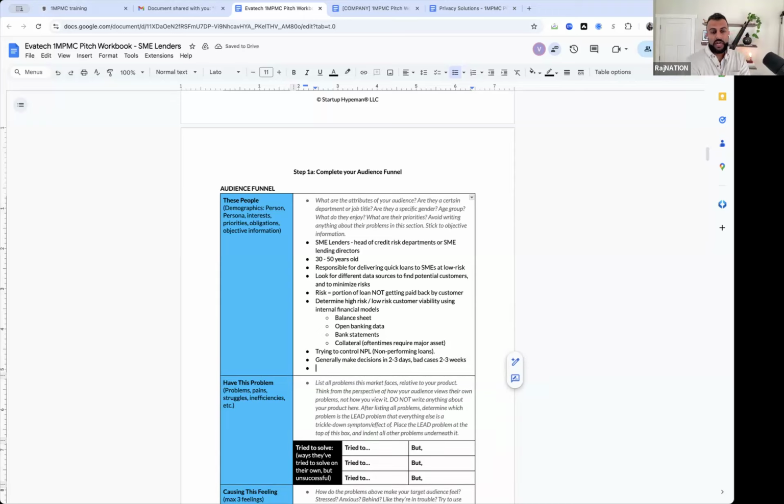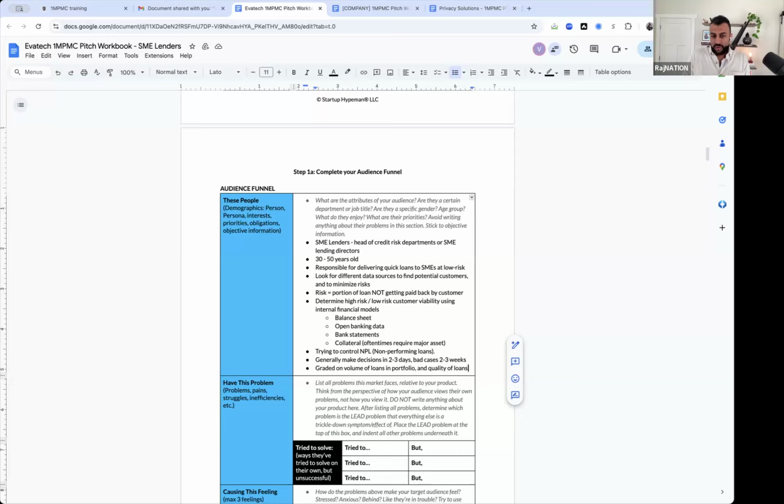How about this head of credit risk department or lending director, how are they graded on their own job performance? On the volume of the portfolio they formed and on the quality of it. So it is a balance between how big the portfolio is they form, because they're obliged to grant loans on one hand, but those have to be quality loans.